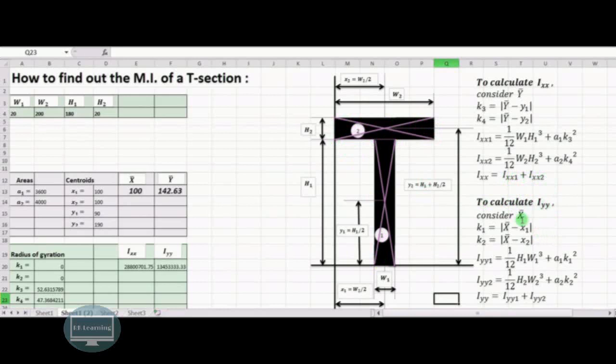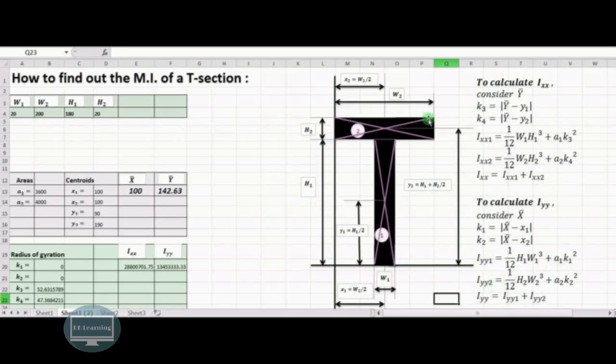Similarly, if you want to calculate Iyy, then consider X bar for the calculation of radius of gyration. So again, mod value of X bar minus X1 and X bar minus X2 will give you the values of K1 and K2, the radius of gyration for the calculation of Iyy for this particular lamina. So Iyy1 will be equal to 1 by 12 H1 W1 cube, correct? So height first over here and then width cube plus A1 K1 square according to the parallel axis theorem, and